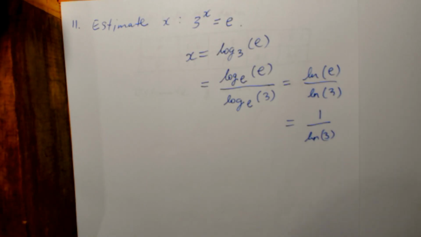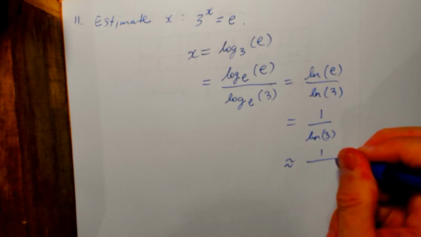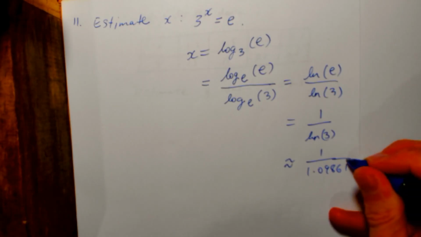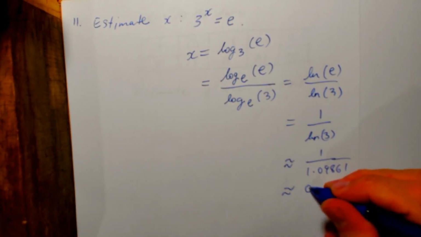So log of 3 is 1.098 and so on. So we have approximately 1 over 1.09861 and so on. So this division, 1 divided by that, gives approximately